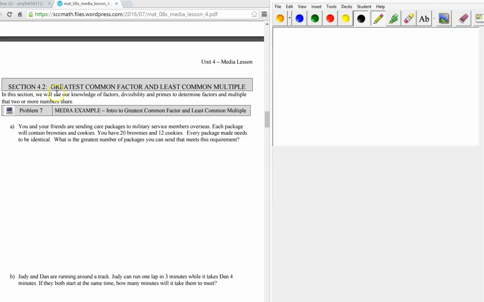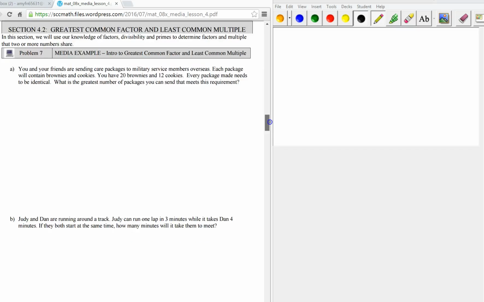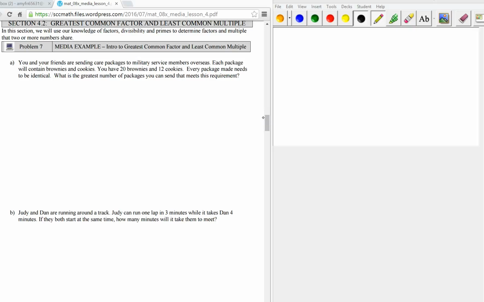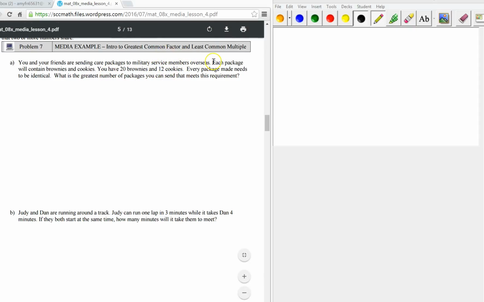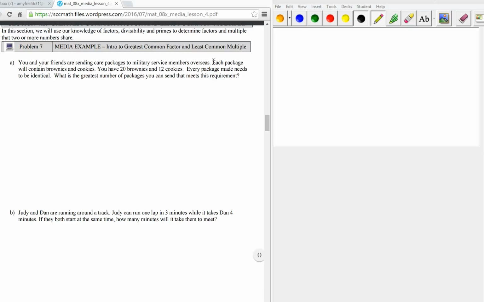In this section, we introduce the concepts of greatest common factor and least common multiple, and I highly suggest that you do this before we formally define them, which we do in the next page or next section, I'm not sure. We look at examples, so you know that we use this most frequently with fractions to reduce fractions or to find least common denominators, but we want to use some applications